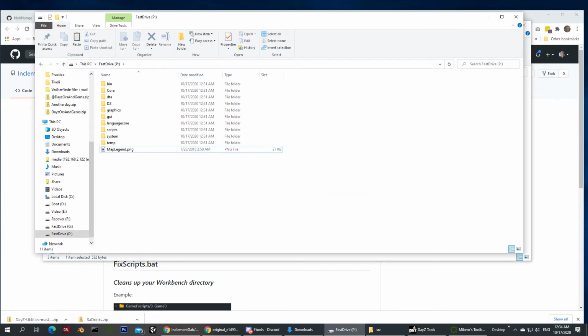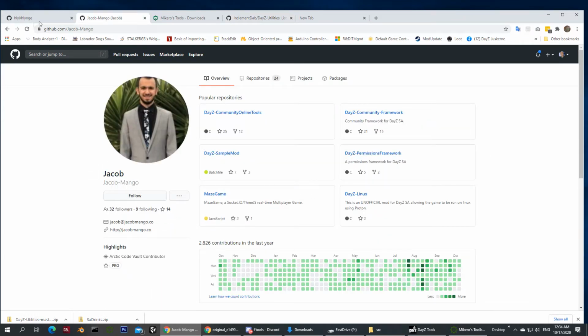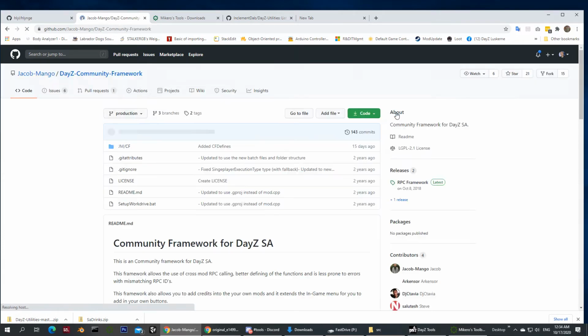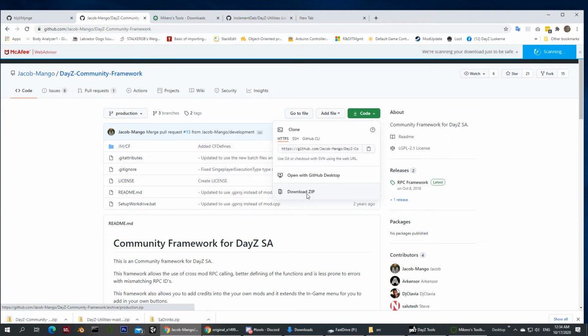Next, I want to make sure that I actually have Jacob Mango's CF included. So going to his GitHub here, I go to the community framework. I download that as a zip as well.